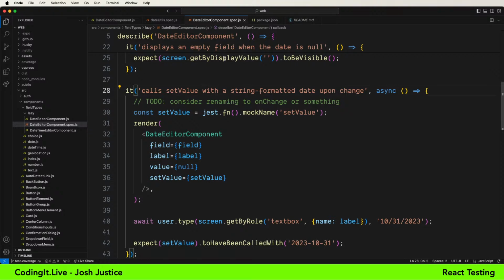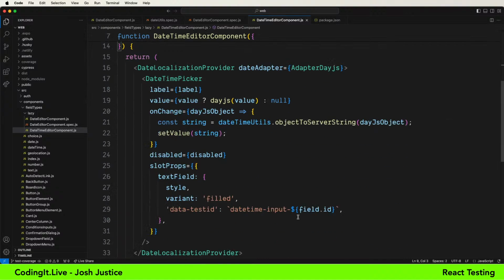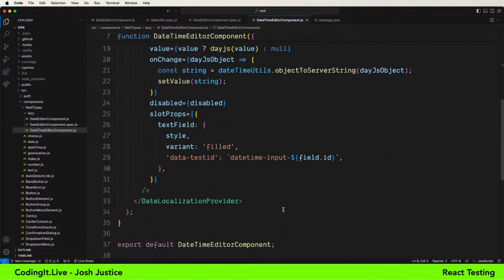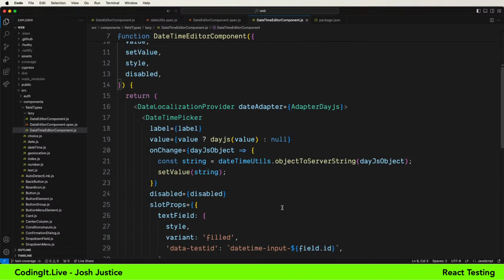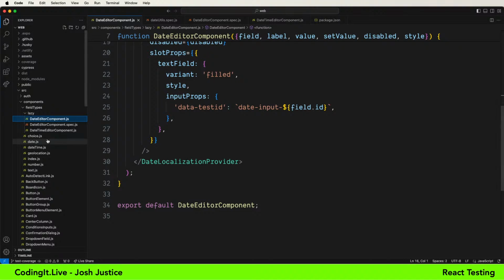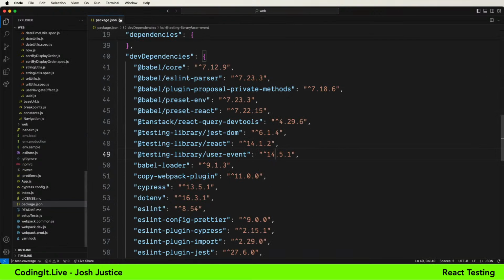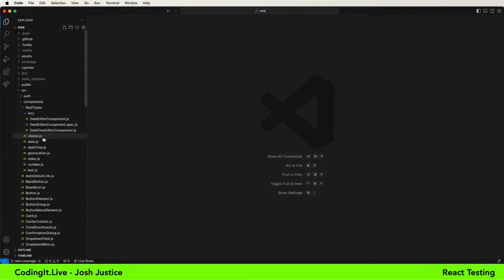Let's see what's next. The datetime editor component is going to be extremely similar to the previous one, so I don't think I'll have too much trouble getting that in place. That's interesting that I did a default export there. I wonder why. Oh, I think that has something to do with my deferred lazy loading done with Webpack. I don't think I want to test the datetime editor component on the stream because it'll be very similar to what we had before. Let's go on to something more interesting, and I'll come back to that in my own personal time.